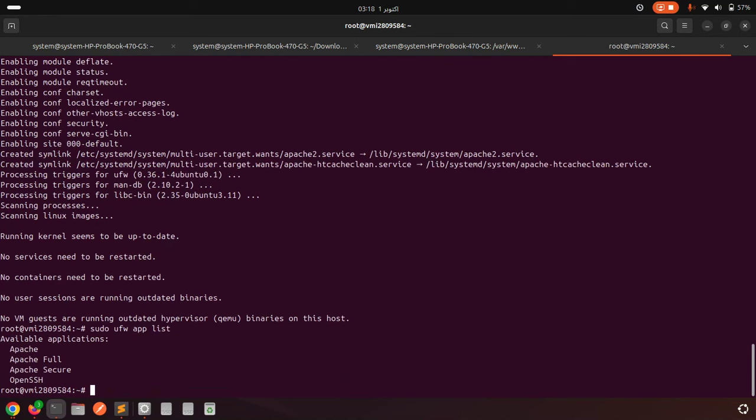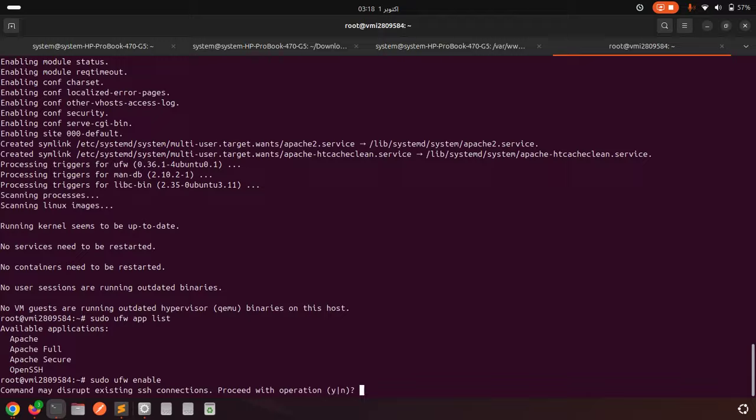This command gives us a list of all applications registered with the firewall. The next command is how to enable the firewall for security. The command is sudo ufw enable.